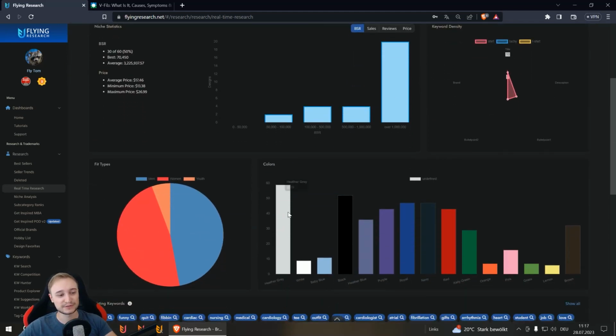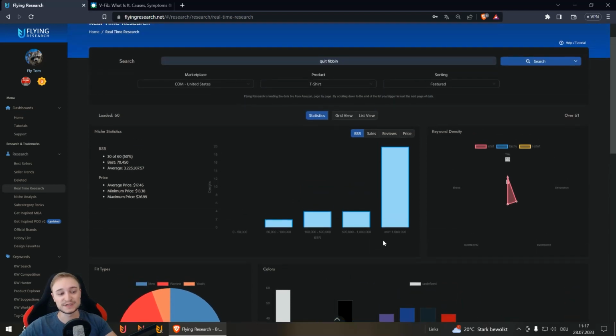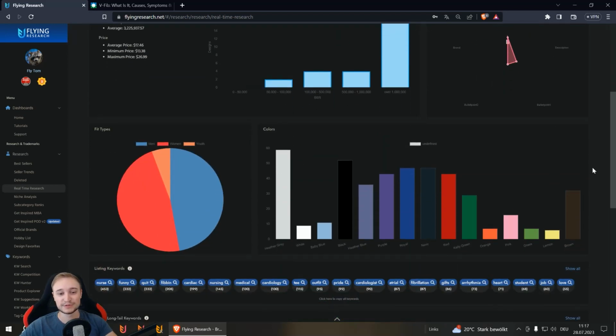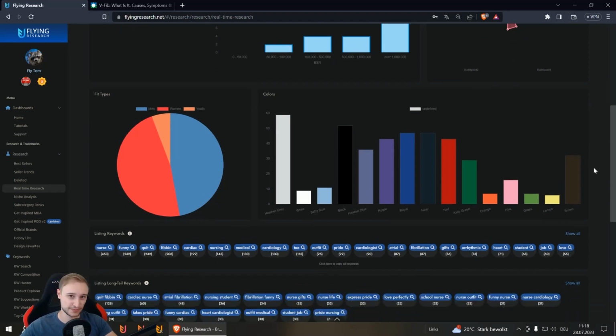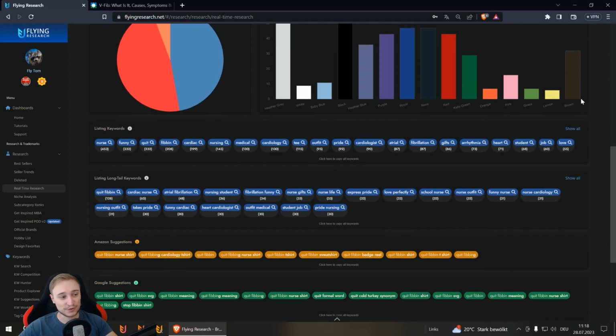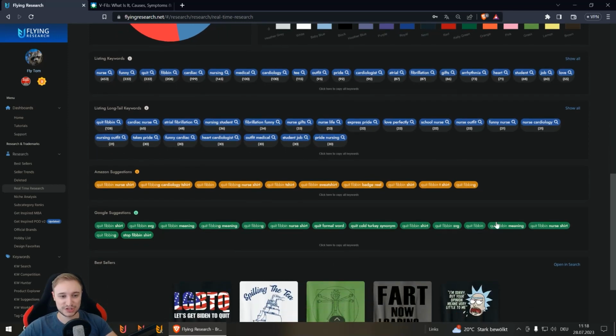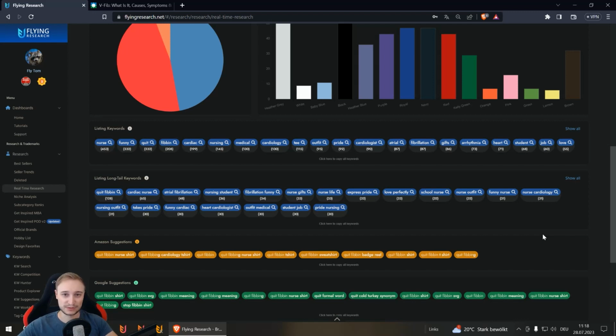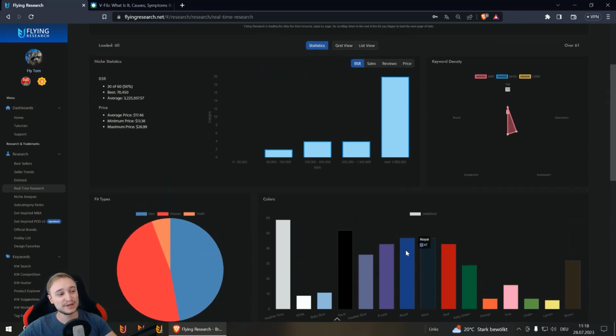And then check here out, okay, it's often for white, for heather gray. This is something special, specific for this product, for this design. So yeah, I would keep this in mind, that this works. Of course, nurses often wear white or heather gray stuff, probably, or brighter stuff. That's probably why these colors here are relatively strong. You also have here the extracted listing keywords, but we go also to this deeper in a moment. And also long tail keywords, Amazon suggestions. You already have it here, but we go even deeper, or more in detail in the next step